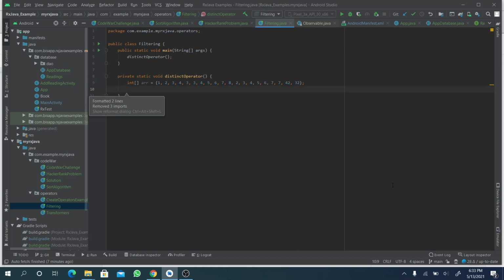One will ask, what is the distinct operator? Okay, so the distinct operator is an operator in RxJava that suppresses duplicates of observable items in a stream. And this is what I mean. We could see this example. This is nothing but an